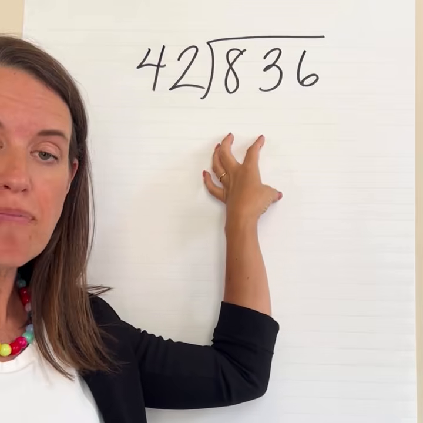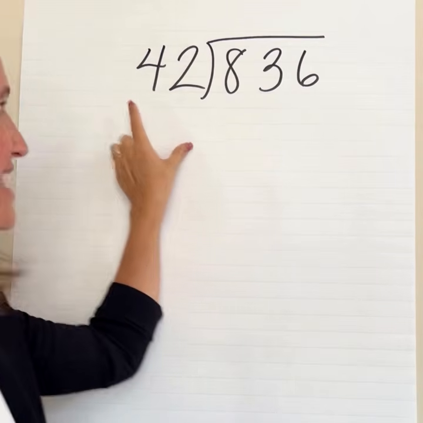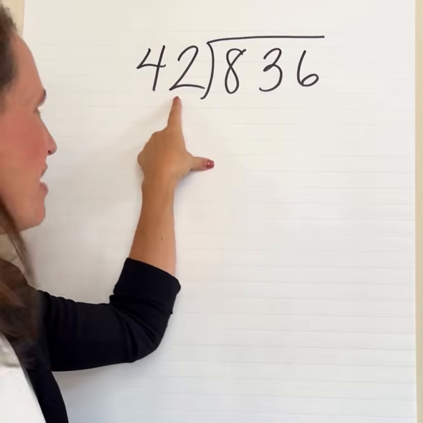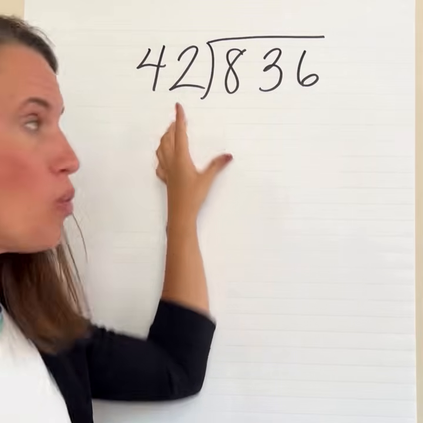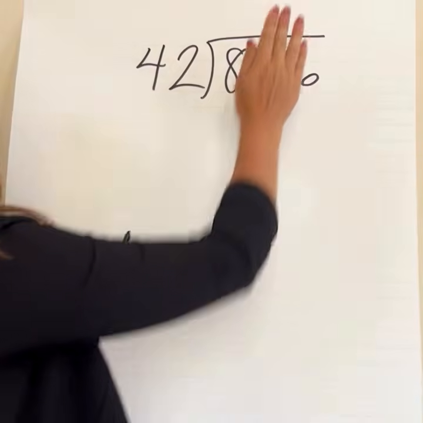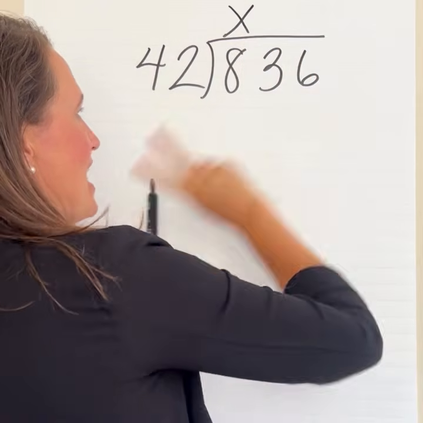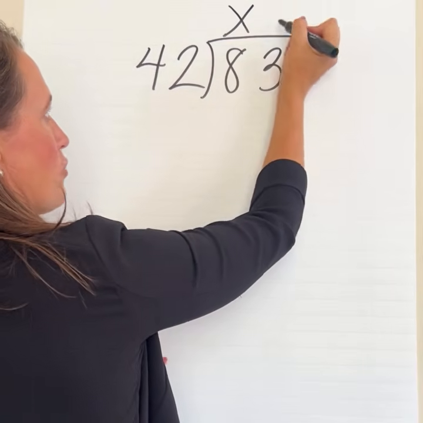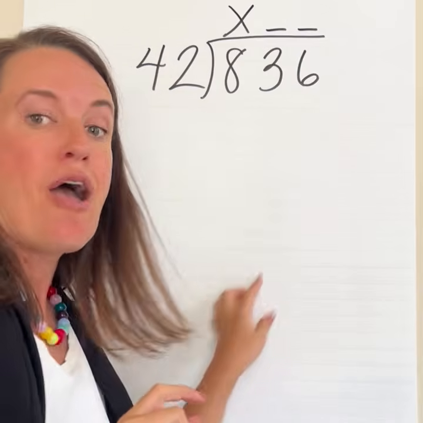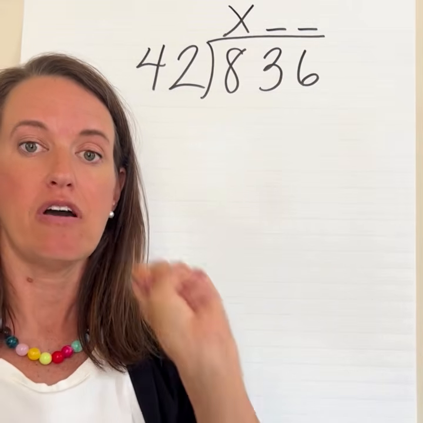Okay, let's talk about how we can use the division song for a double-digit divisor, because I know how to roll my 4s, but I don't know how to roll my 42s. We start the exact same way, number seeds. I can't make a group of 42 if I only have 8, but I can make a group of 42 out of 83, which tells me my quotient will have 2 digits, and I'm gonna repeat the division song 2